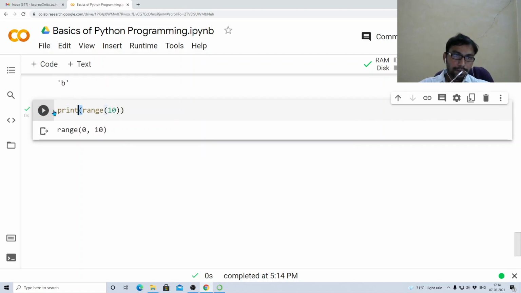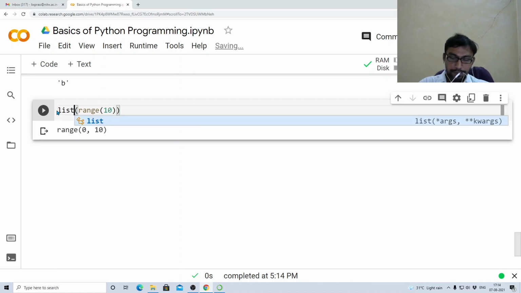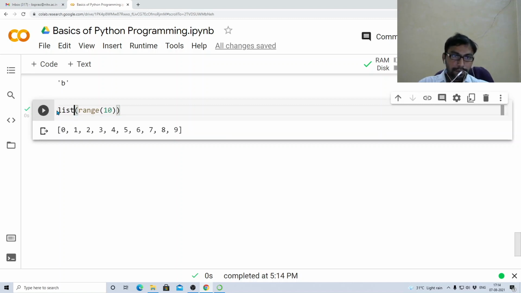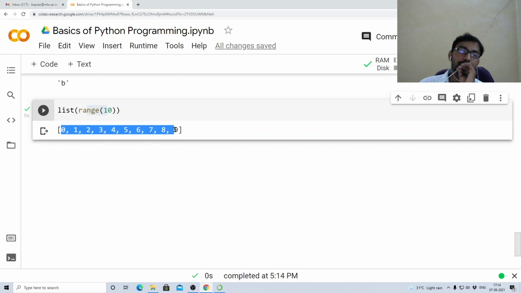At this point, don't worry about the function I'm using. I will describe this function later on. This is just for printing the values that are inside this function. So range of 10 will give a list of numbers from 0 to 9.